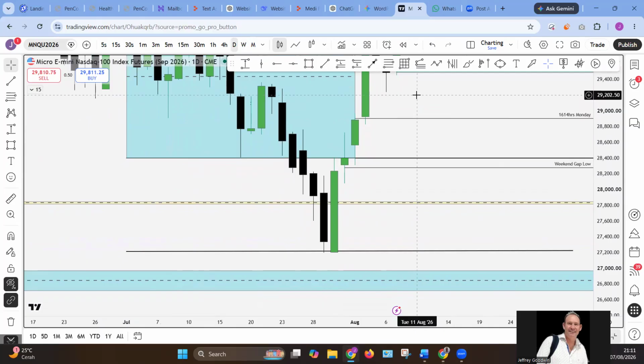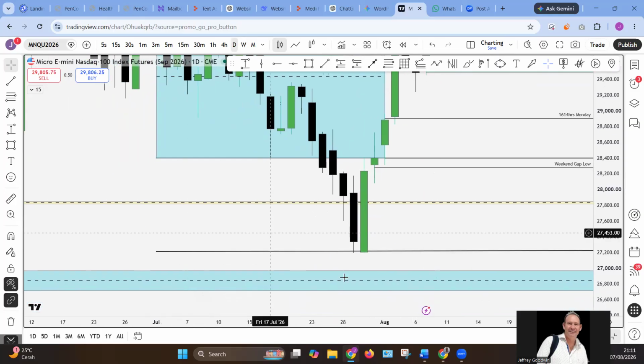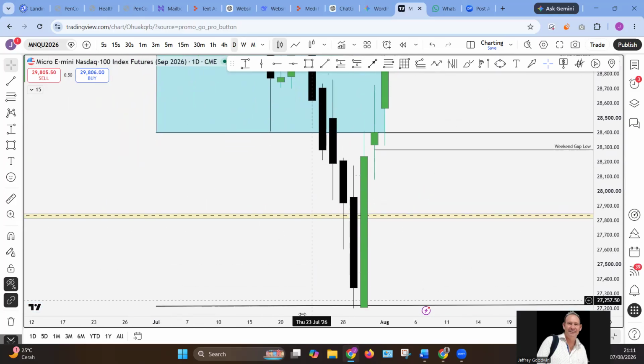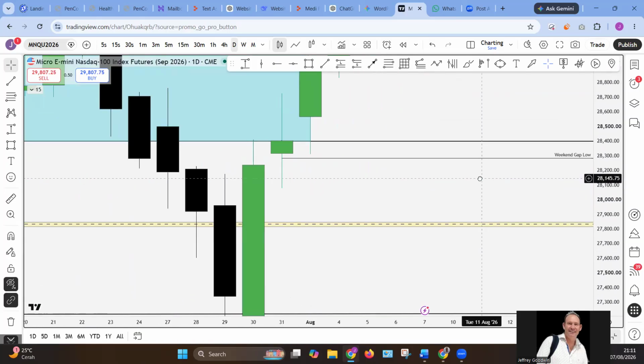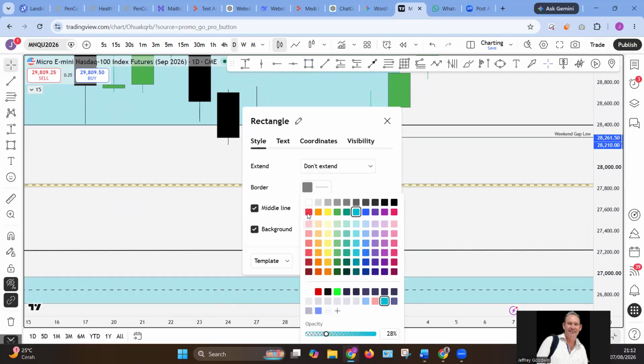Let's just deal with this from the Friday. Friday took out the high here and below. The next day there was a weekend gap. That's Thursday, Friday, and there was a gap between there and there, but we'll come back to that. So treat this the same way you treat the 4 hour. We got that there. Let's do it here, make it red or something like that. It's a bit easier.